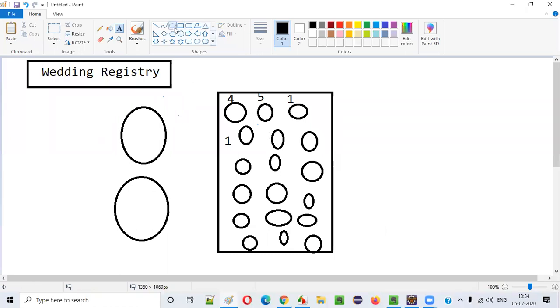And now the guest who has to attend this wedding will see this wedding registry. They will see the things that the groom and bride are expecting, and then they will purchase accordingly. If someone has purchased an item, it will be removed from the registry, and the remaining people have to go through the remaining items. Like that, everyone will come in an organized manner, guys.